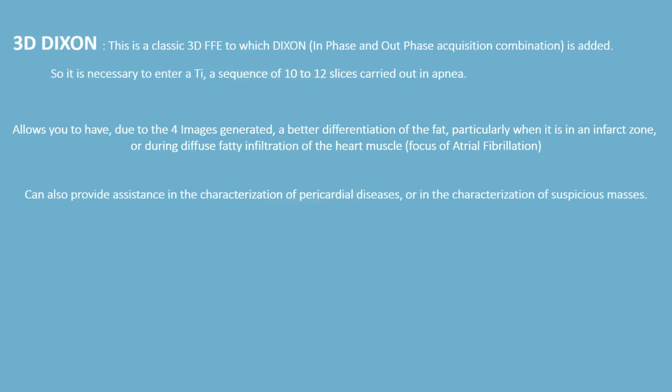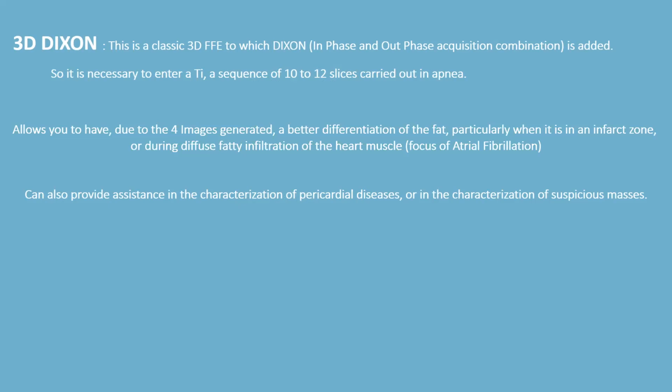Dixon is a classic 3D FFE to which a Dixon in-phase, out-of-phase acquisition combination is added. So it's necessary to enter the TE value. It's a sequence using between 10 and 12 slices, carried out in apnea. It allows you to have 2 to 4 images and a better differentiation of the fat, particularly when it's in fact